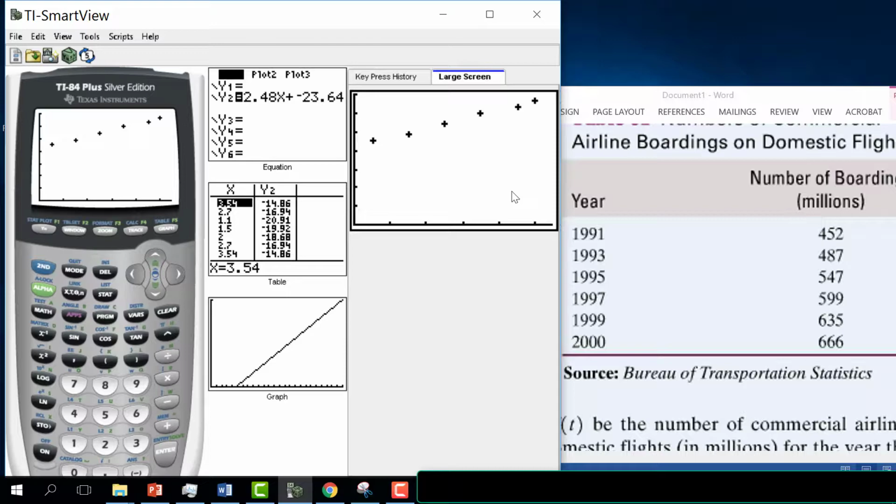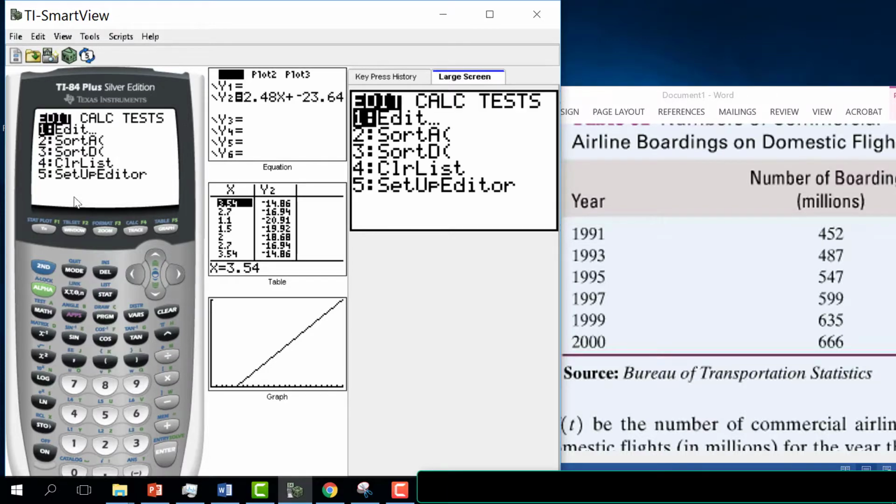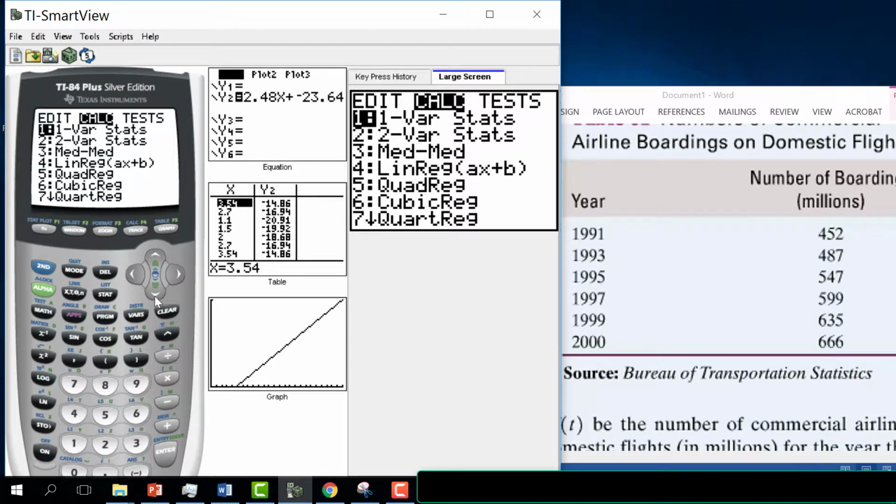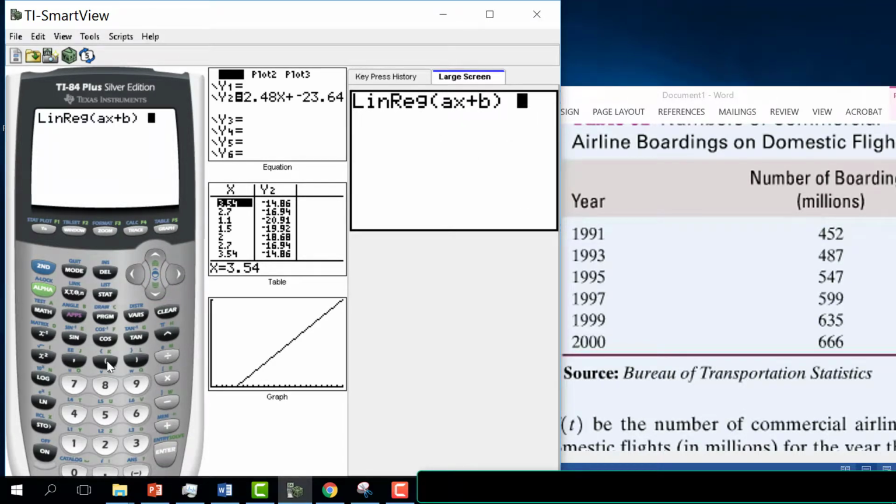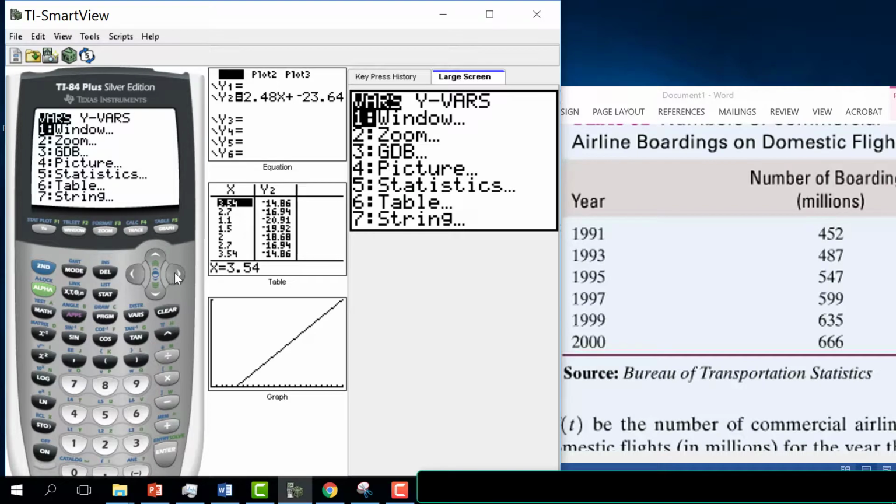of the rest. Or the third thing you might be asked to do is to have the calculator choose one for you, a line that best approximates all those points. And that's what a linear regression line is. So I'm going to do that by going to stat, calculate, down to LinReg(ax+b), the fourth option down. Then we're going to type in the following information: parentheses, L1, comma, L2, comma, vars, go to the right,